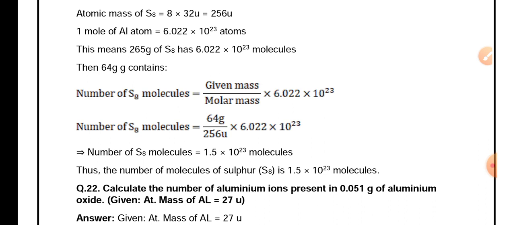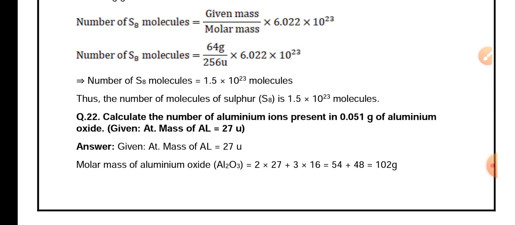Thus, the number of molecules of sulfur S8 is 1.5 into 10 to the power of 23 molecules. Calculate the number of aluminium ions present in 0.051 gram of aluminium oxide, given that the mass of aluminium is 27 u. The molar mass of aluminium oxide